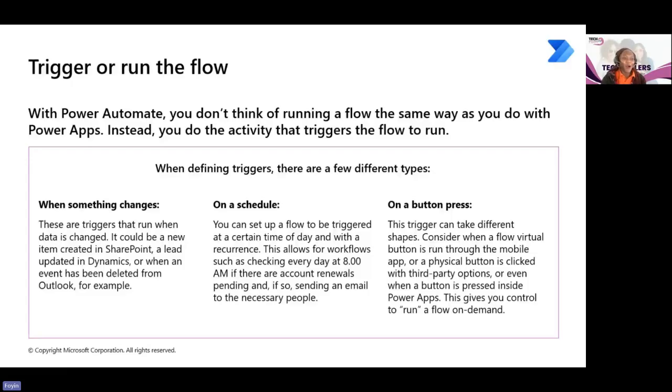And then on a click of a button is another trigger that we can use when there's something that is happening, or there is a physical button that we want to click, or maybe through a mobile app. So you just want to do something, but you don't want it to happen automatically. You want to do it yourself, right? Like on your mobile, within Power Automate, you want to manually trigger something. So a random example can be